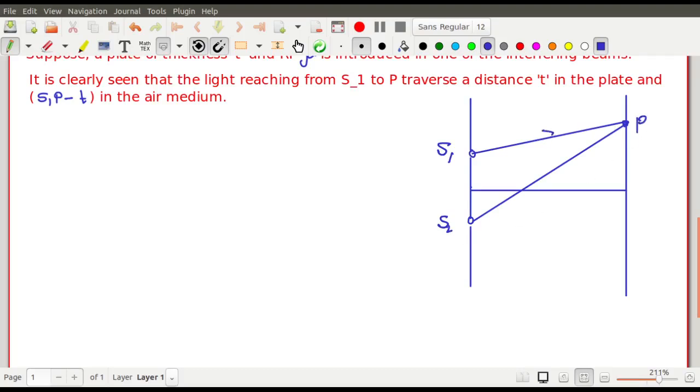Okay, you understand S1, S2 and P, and you also understand that this is the position of the central fringe. এটা হচ্ছে সেন্ট্রাল ফ্রিঞ্জের পজিশন এইটা।